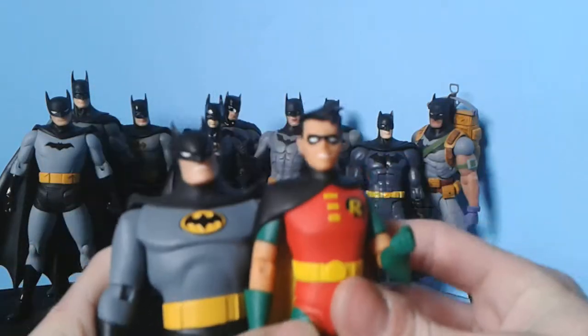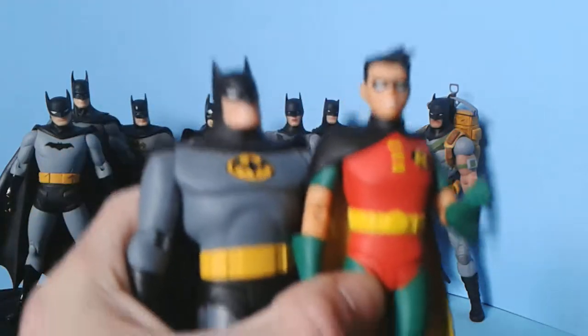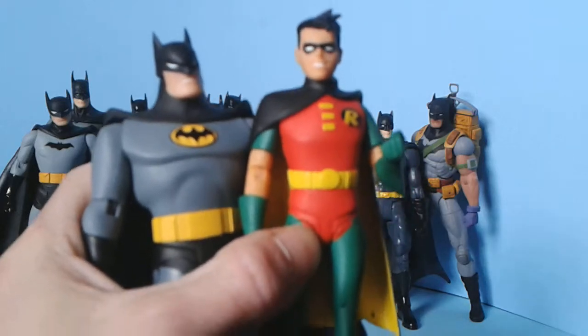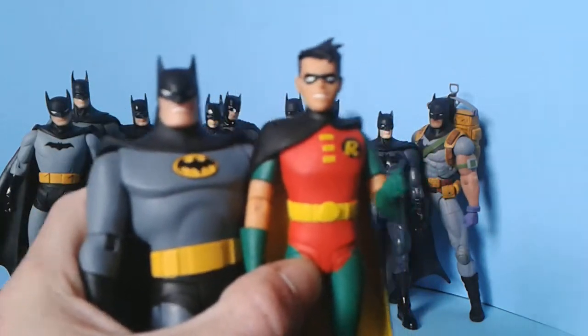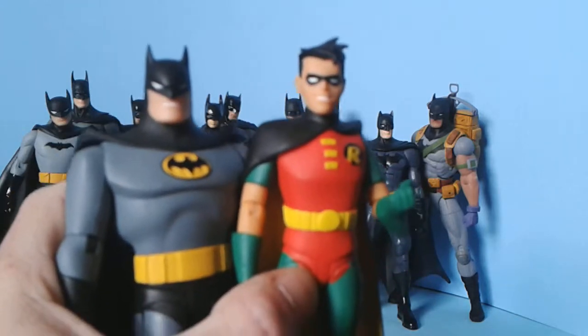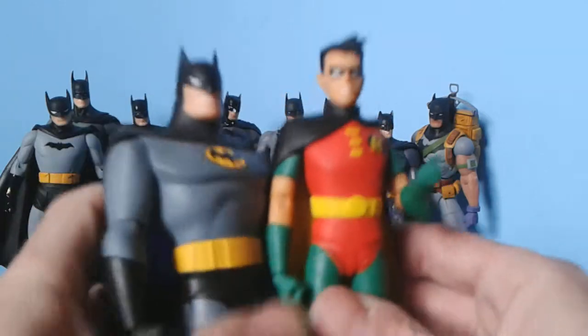1992 I was born, and this programme aired, and it was on telly for at least 10 years after that. I watched like every episode. Me and my cousin are hardcore fans of the animated series of Batman. In fact, it's got a lot of fans. It was just done really well. And I don't know if it was ever even intended to be a kids show, but I guess what I'm